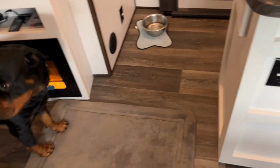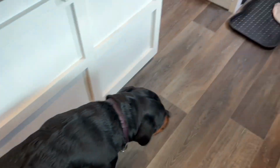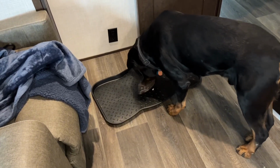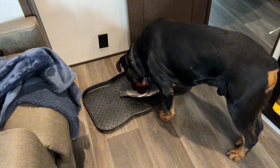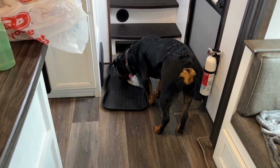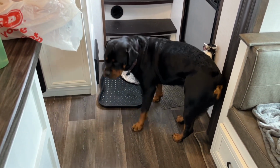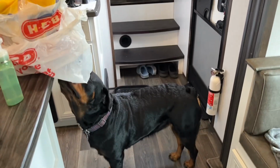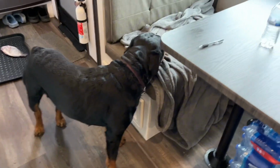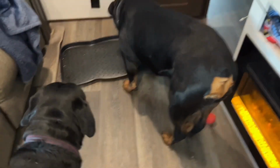Go eat your food. Let's see if she's into it. So I know he's gonna get into it, as you can see. Reaction is like no other. He eats fish. He's gonna eat the whole thing, including eyeballs, shell, everything. So let's see if she's gonna do something with it. She's looking for the chicken, so you see the chicken right here. So we'll come back and see if she starts to eat it. Like I said, you gotta kind of trick her into eating fish. He's not gonna have an issue, but